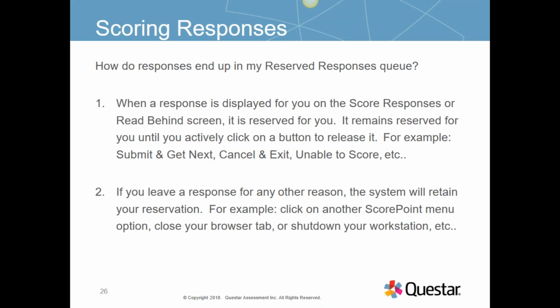If you leave a response for any other reason, the system retains that reservation for you. So for example, if I don't hit Submit and Get Next and just simply click on Log Out because I want to go to lunch, when I come back, it will show in my reserve response bin the response I was scoring before I clicked Log Out. The same is true if you click on any other ScorePoint menu option, close your browser tab, or shut down the workstation, whatever the case may be. If you are not hitting one of the buttons, Submit and Get Next, Submit and Exit, or Cancel and Exit,